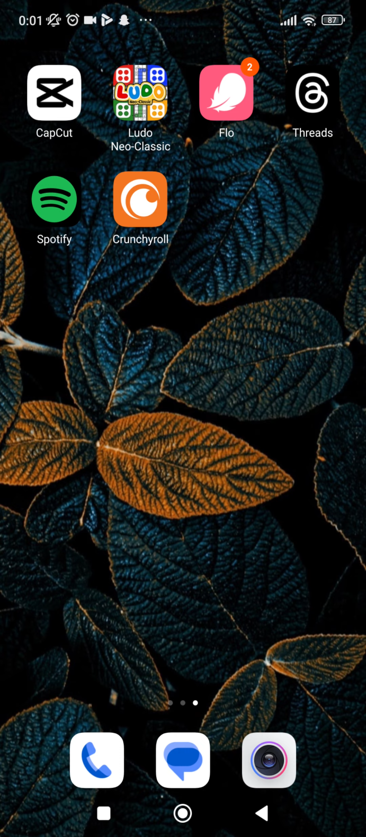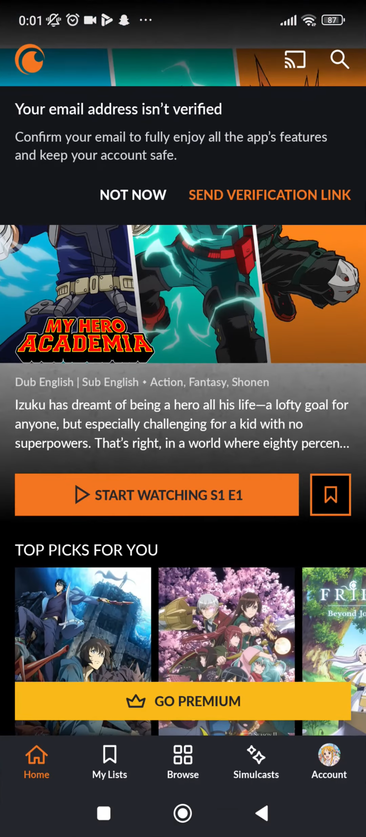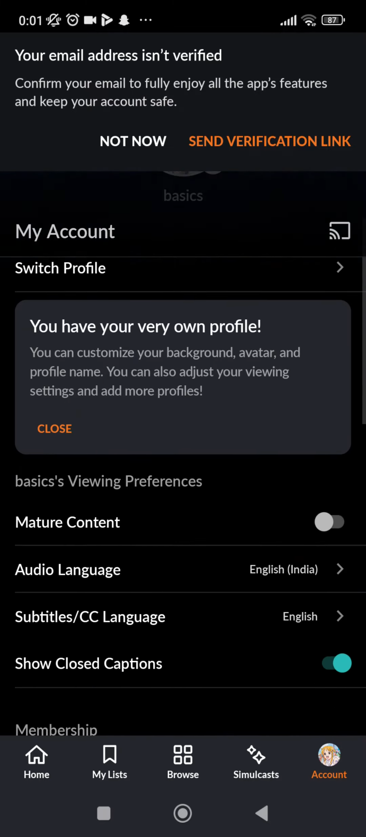Now in order to add Japanese subtitles on your Crunchyroll application, go ahead and tap on the Crunchyroll app first, and then you'll be presented with the home screen of the Crunchyroll app. Now go ahead and tap on account, which is in the bottom right corner. After you do that, tap on